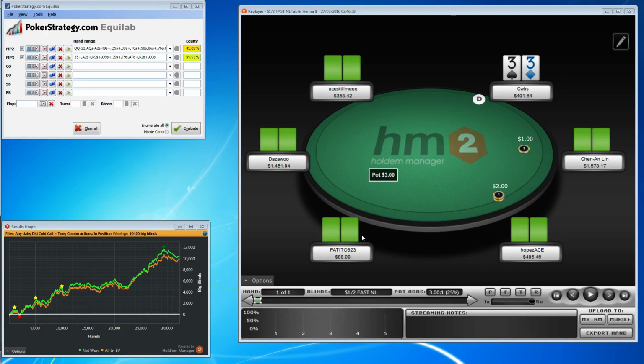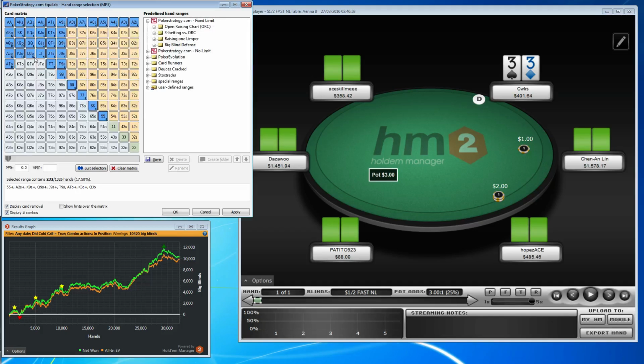And I guess we should also mention when the guy opens very narrow, and what a good cold calling strategy might be against a narrow open. So this is particularly narrow, but if the frequency, let's say, is 7%, there could be a situation where there's a gentleman's agreement with the players behind, who, if they're aware that he's opening very narrow,